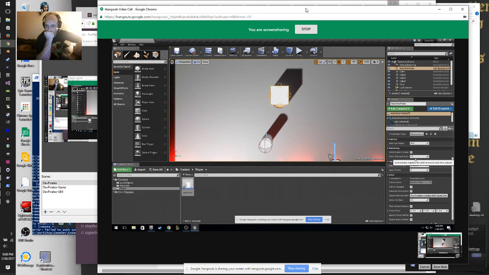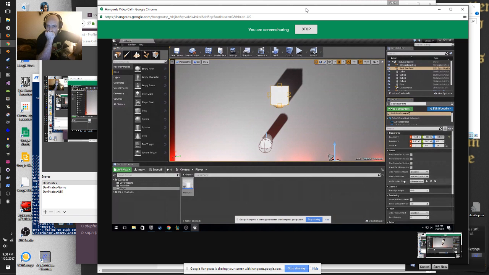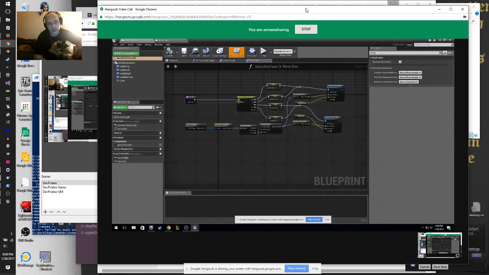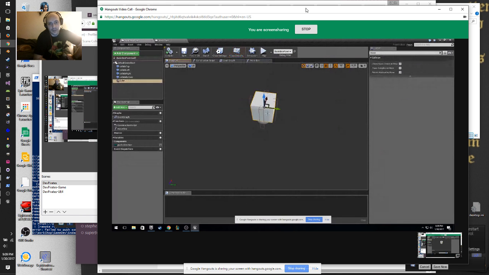Maybe I need a new one. Maybe what's moving are those collision boxes. All right, well, let me set those to visible then.